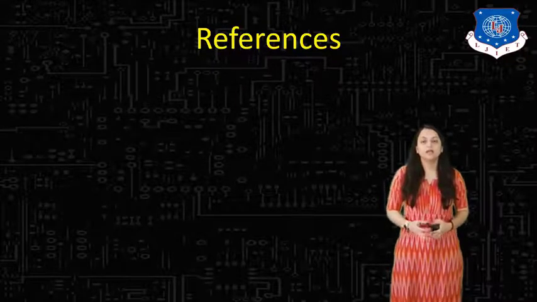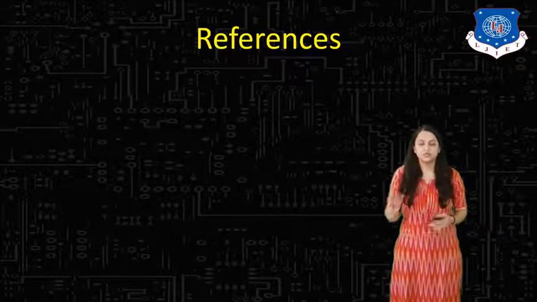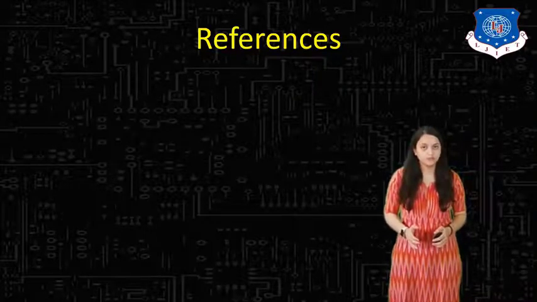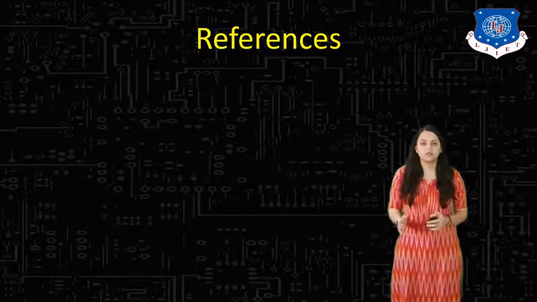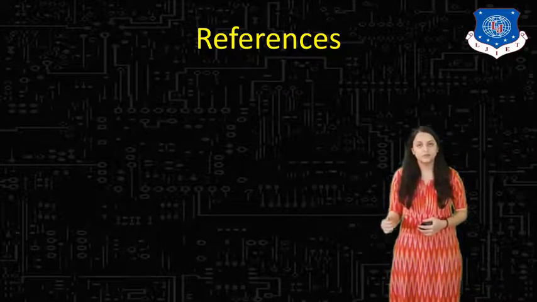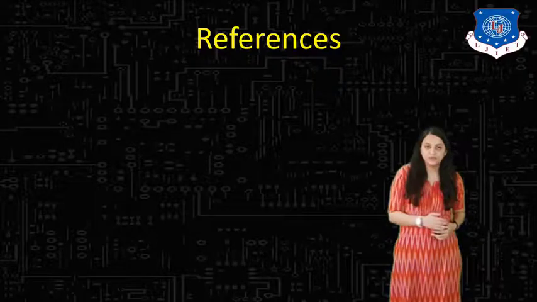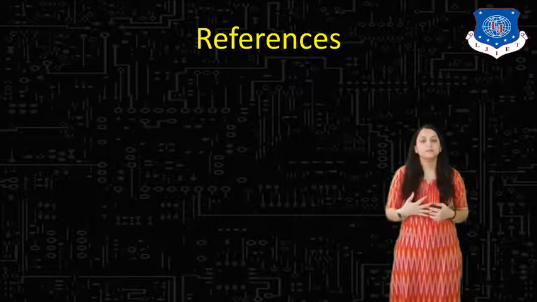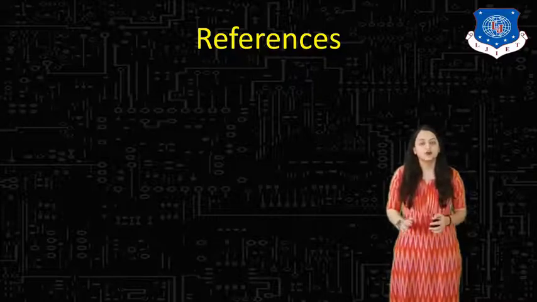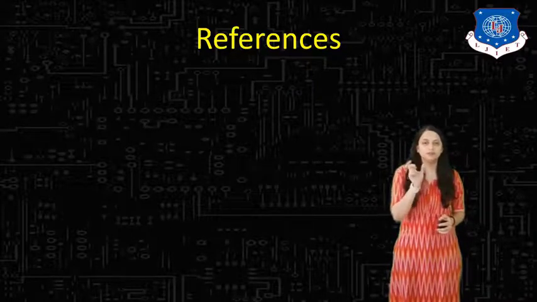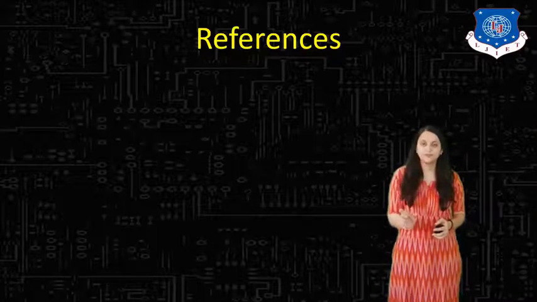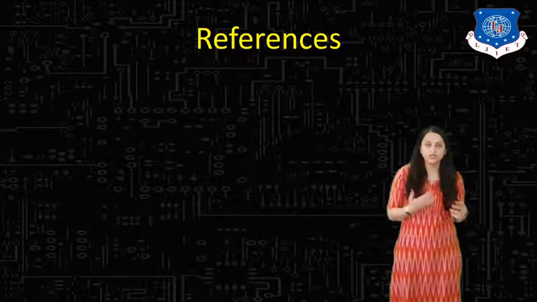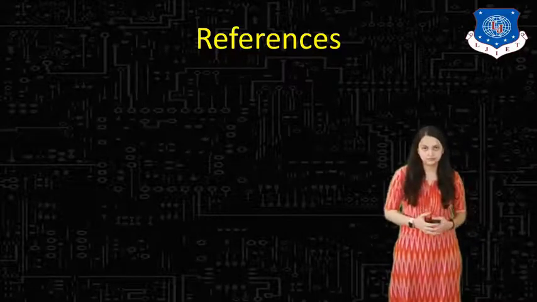So I hope the concept of filters, their types and their frequency responses are clear to you now. Based on the filter, that means whether it is a low pass filter, high pass filter, band pass filter, all pass filter, band reject filter or band stop filter, the pass band and stop band will be there on the frequency responses, and accordingly, in the practical responses of the same, they will have the transition band.